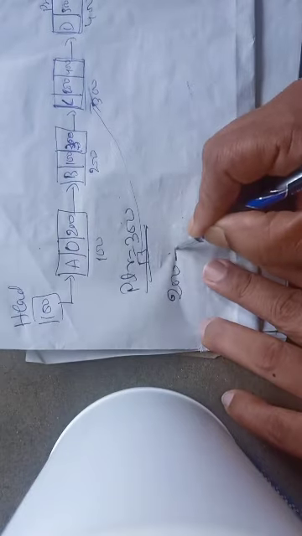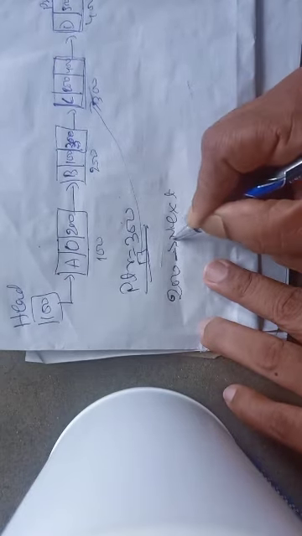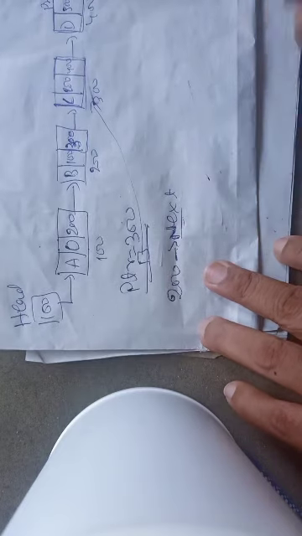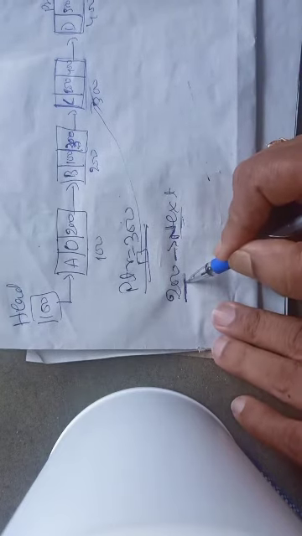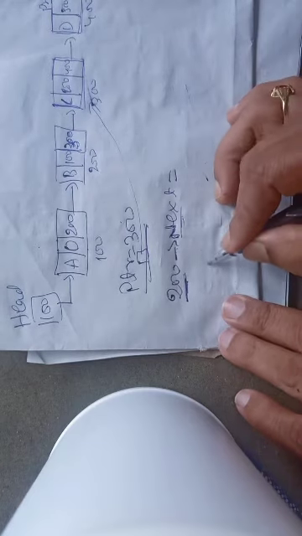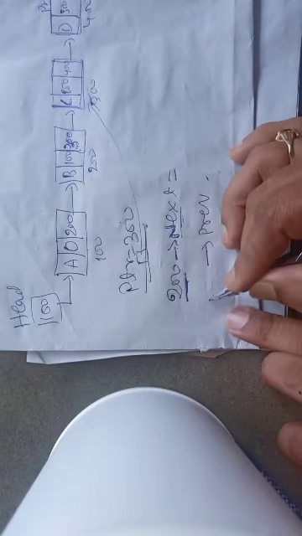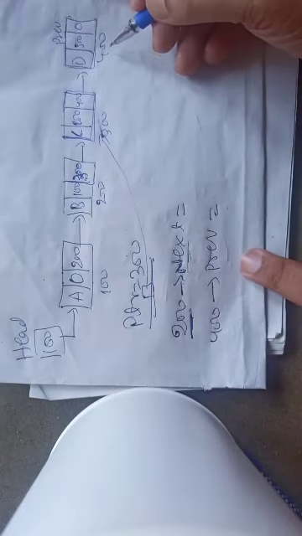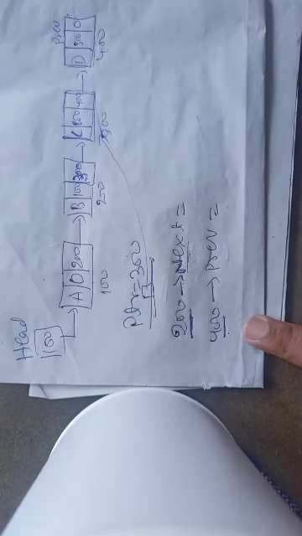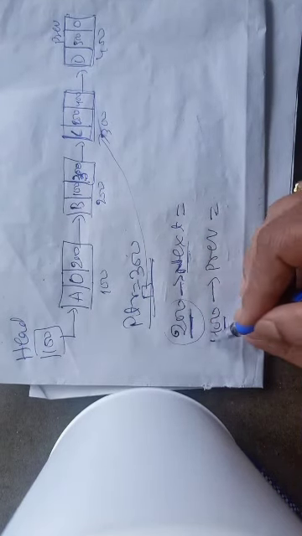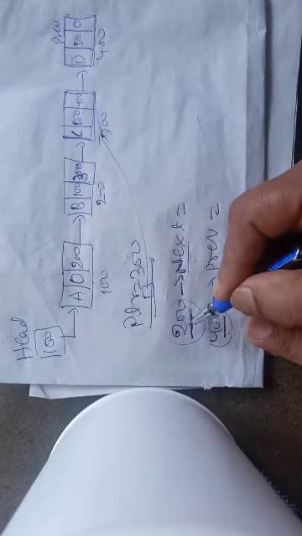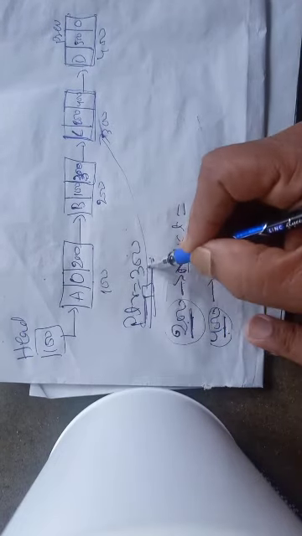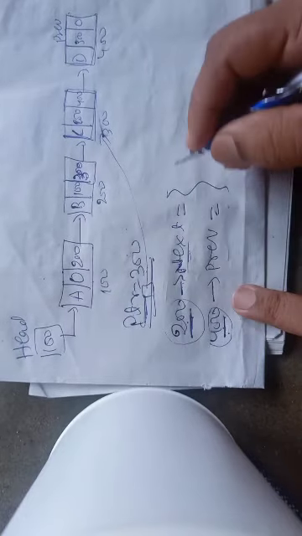So how can I refer? My objective is to change the next part of the node whose location is 200. This value should be updated, and I have to change the previous part of the node whose address is 400. Now before that I must get 200 and I must get 400. So how can I write 200 and 400? See, right now ptr is 300. So these two statements must be rewritten like this.